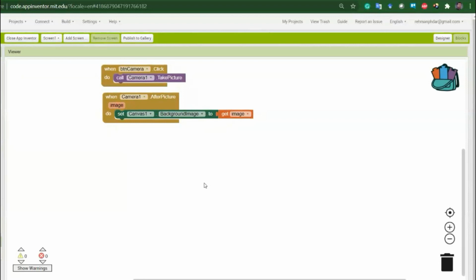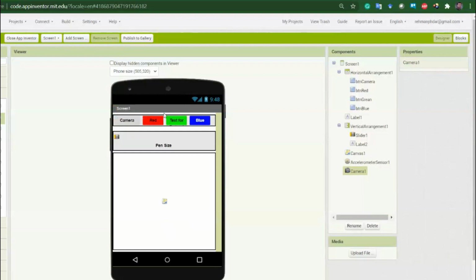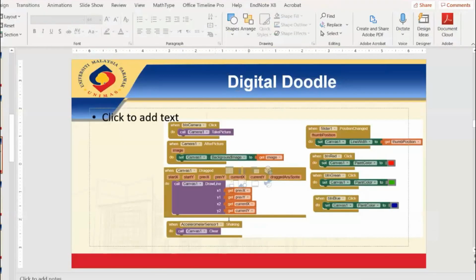So in this way it will be displayed at the background. Okay, after that what we want, then there are the red color buttons and the blue color buttons. Okay, so we can do all these buttons like this, that you see here. Okay, now we should bring one for the writing purpose.